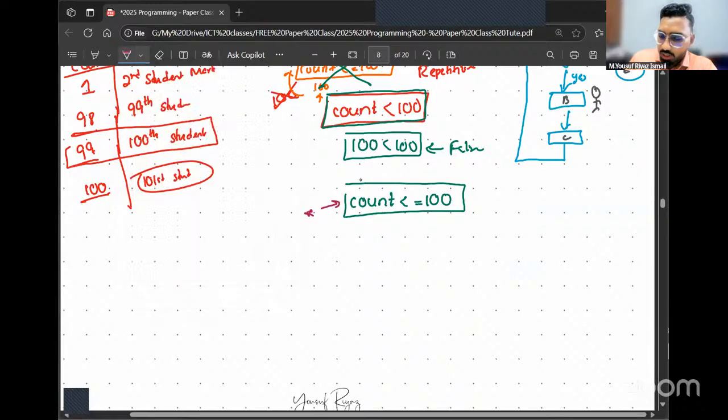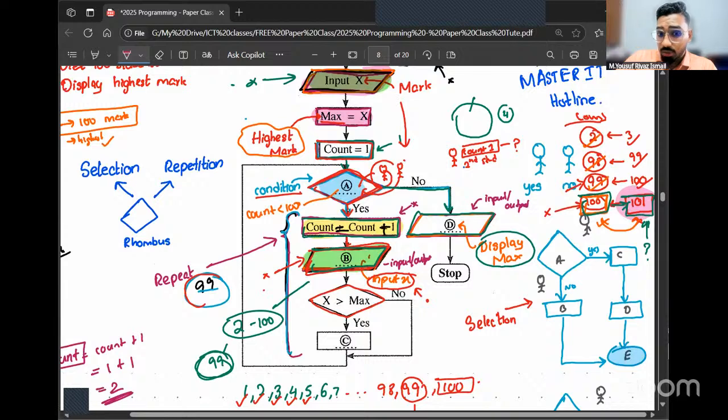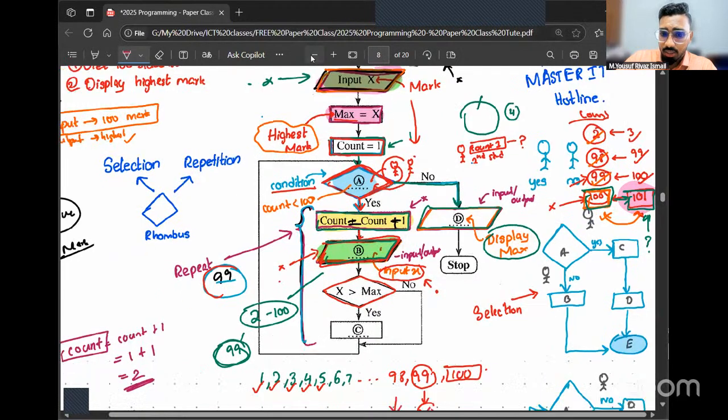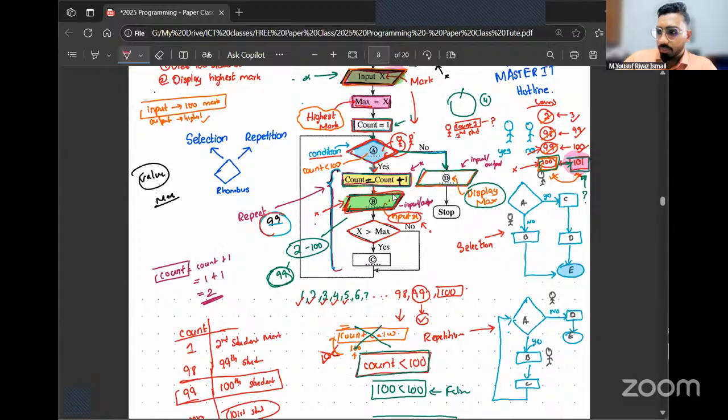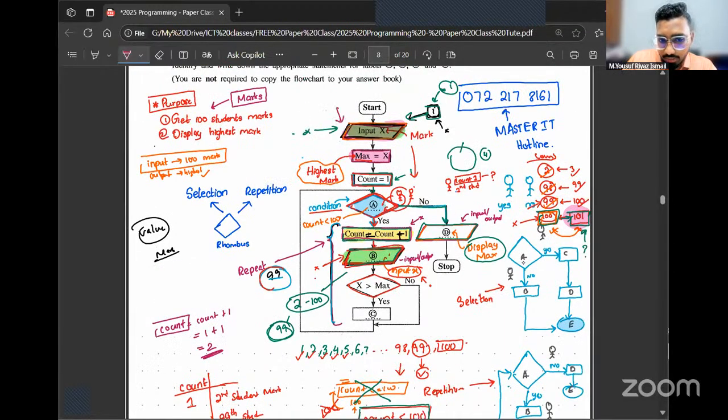Before I answer this question, again look at that. Now this is the third or fourth time I'm repeating this. I'm pretty sure you're not listening all this time. Again, tell me, you're getting the first student's marks here. Fine. Leave it aside. Then you go for the third instruction, count equals one. When the value of count is one, you're coming to the rhombus. In this rhombus, you're making a decision, and if the decision is yes, you're going to get marks from this green color highlighted instruction, right? In that instruction, are you going to get the first student's marks or second student's marks?